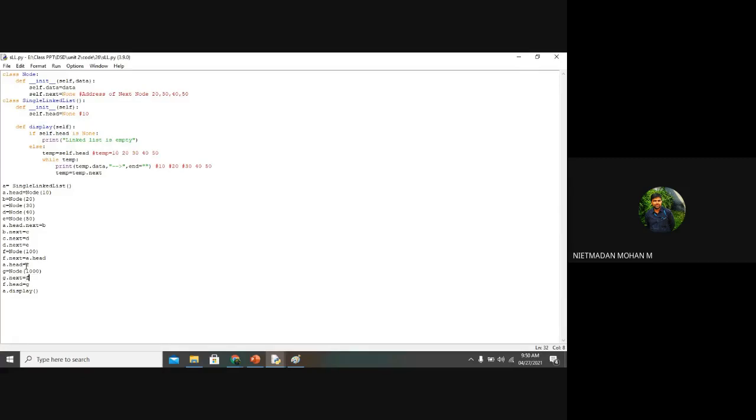A dot head has been represented by F dot head, and F dot head is equal to G. A dot head is represented by F. So this is the thing, but the output is not displaying.